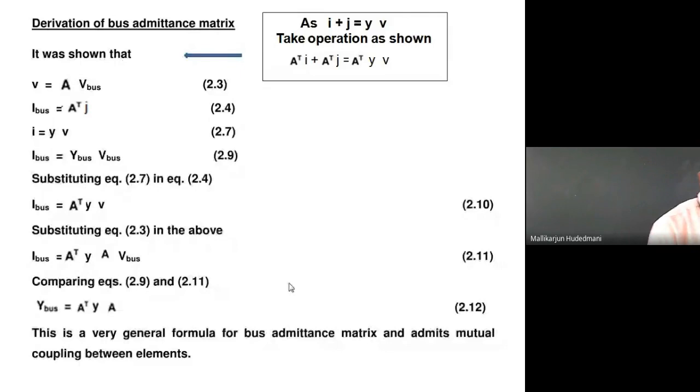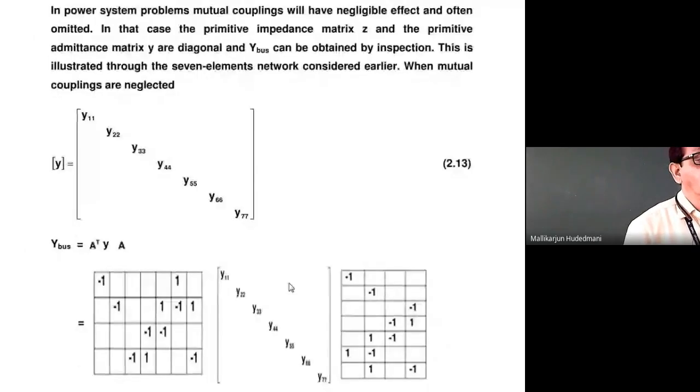Then when it is applied to a numerical problem, how does it work? Now look into a problem. The particular power system I wanted to highlight: a Y primitive matrix would look like this. Elements are diagonally placed. I have randomly taken a problem. There are 7 elements. Elemental admittance is represented only on the principal diagonal, where Y11 refers to element number 1 admittance, Y22 refers to element number 2's admittance, and so on up to